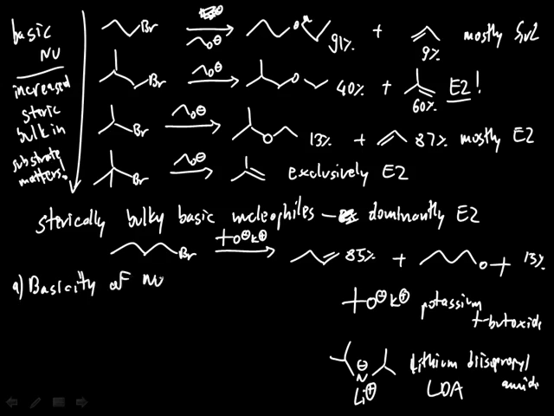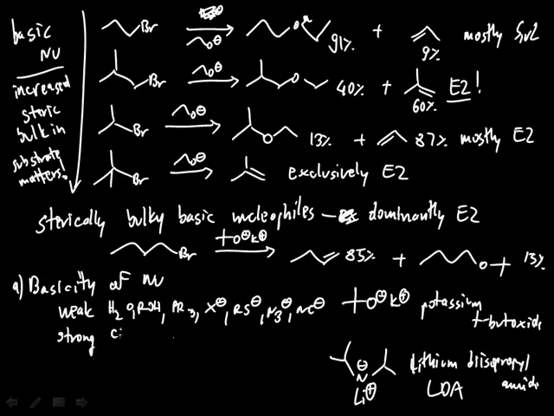And in cases when we have weak bases, these will favor substitution. If the nucleophile is a strong base, we will favor elimination. Examples of weak nucleophile bases are things like water, alcohol, PR3, halides, sulfonates, azides, cyanides, etc. The strong nucleophilic bases are things like methoxide, hydroxide, amides, and so forth. And since they're strong bases, they will increase the likelihood of